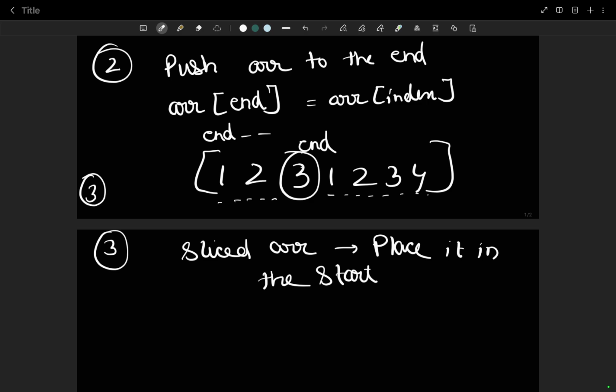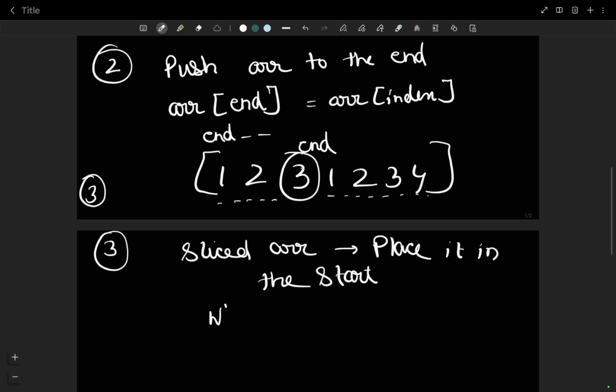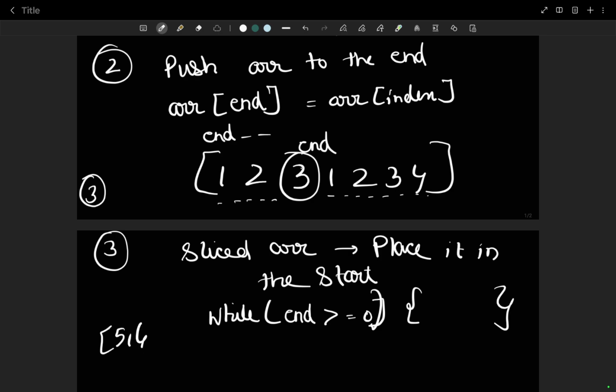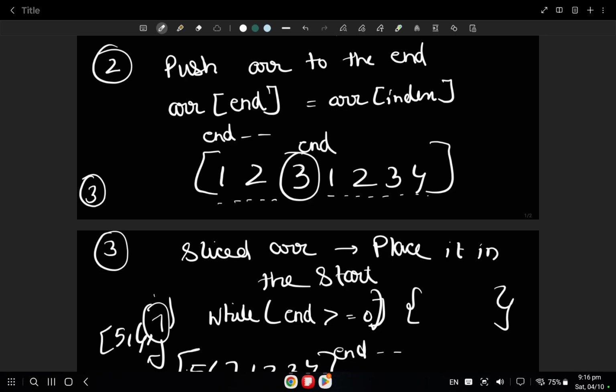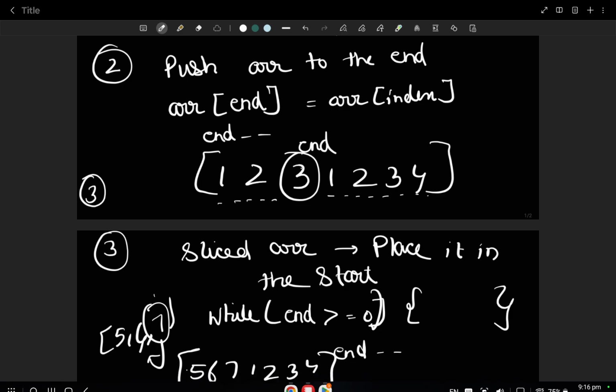So while our end is greater than or equal to 0, we take our 5, 6, 7 starting from the last index and place it at the end, and again end minus, and this index minus. Eventually, when we have 1, 2, 3, 4 at the end, 5, 6, 7 will be placed in the beginning, and this is our answer. So this is approach number 1, which we can follow to solve the question.